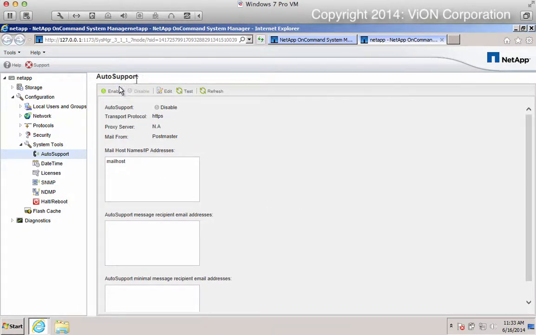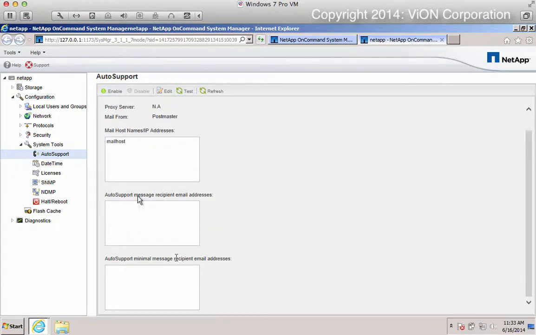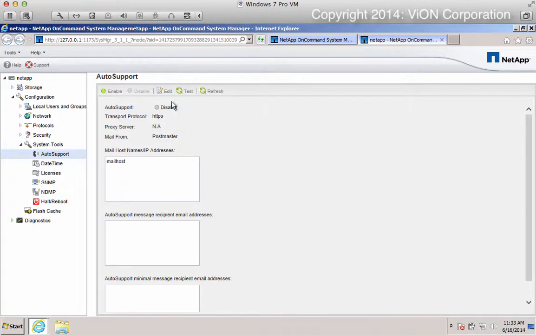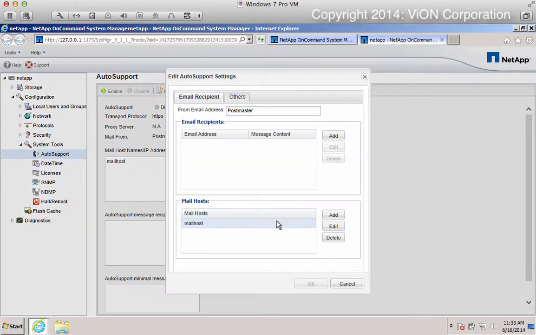Okay, and we're currently set to enable. That's fine. We're set to mail host, and all this stuff is blank. So very similar to the CLI, we're just going to edit this. We'll click the edit button. We're going to give it a from email address. So let's just say it comes from, I don't know, vsupport@vion.com. We're going to add some email recipients. Let's send it to